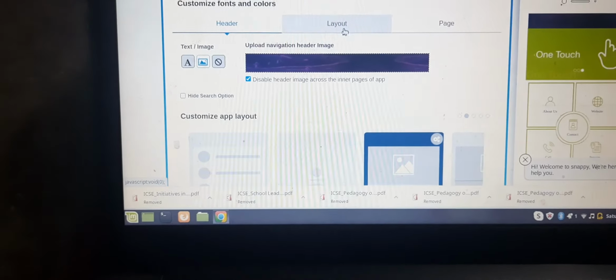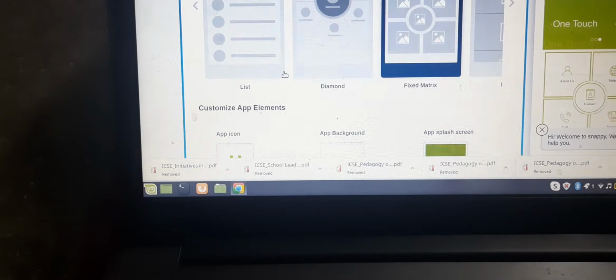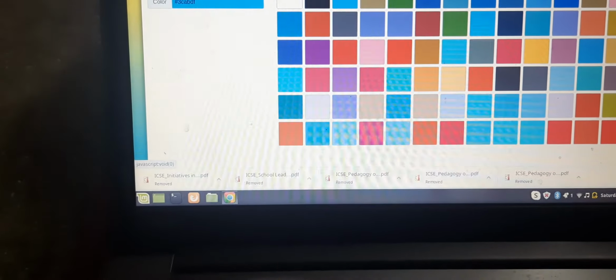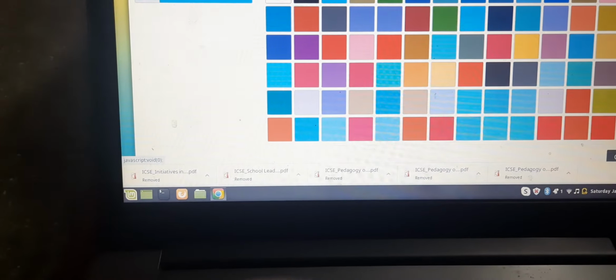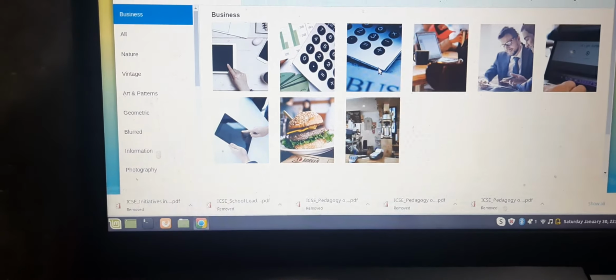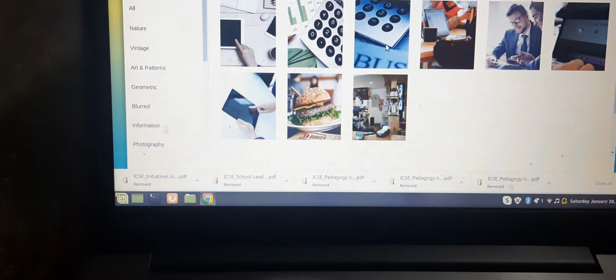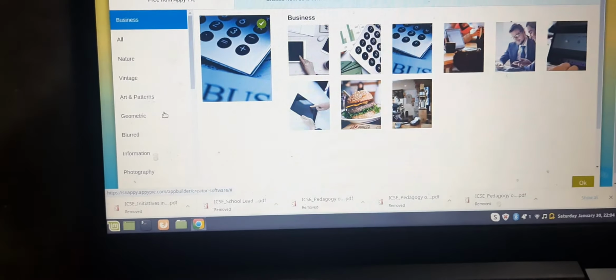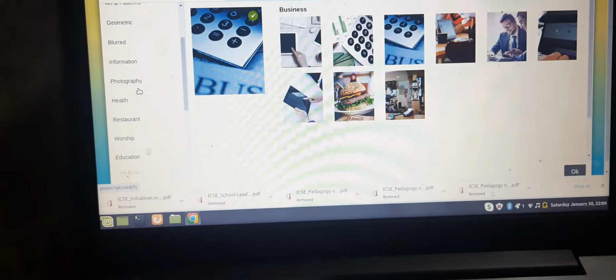Next we are coming to the layout. You can see the layout option which you have selected. You can change the app background. For this you can select whichever you prefer, or use the free ones which AppyPie is providing. Since it is free, you are not getting all the options from there.